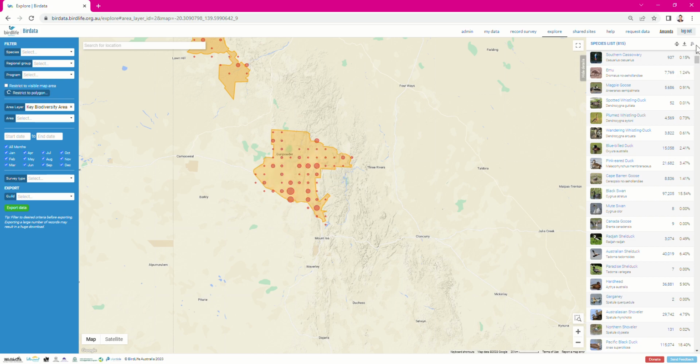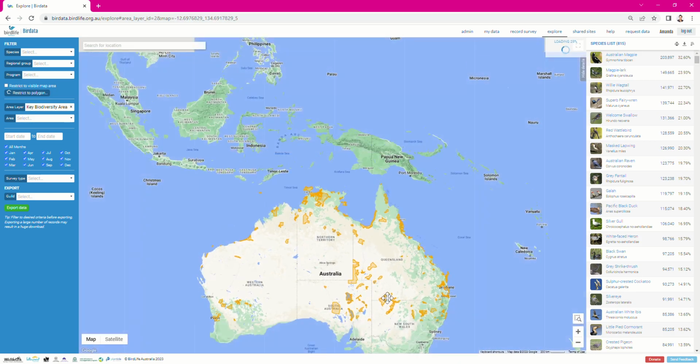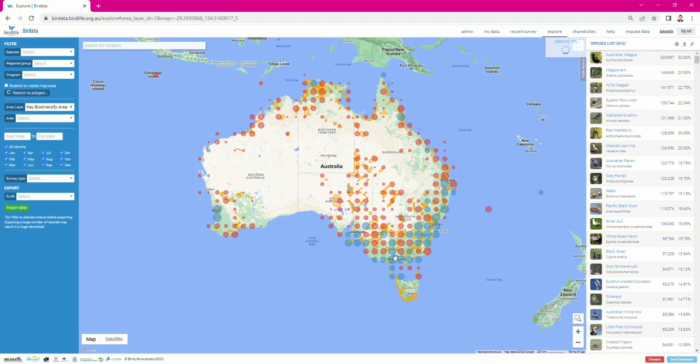Over here on this right-hand pane, I've got more filtering and sorting options. On this drop-down arrow, I can click on that, and then I can sort the bird survey data by reporting rate. So that tells me the reporting rate and the number of surveys and sightings of the different species. And if I zoom back out, I can do the exact same thing for any other key biodiversity area